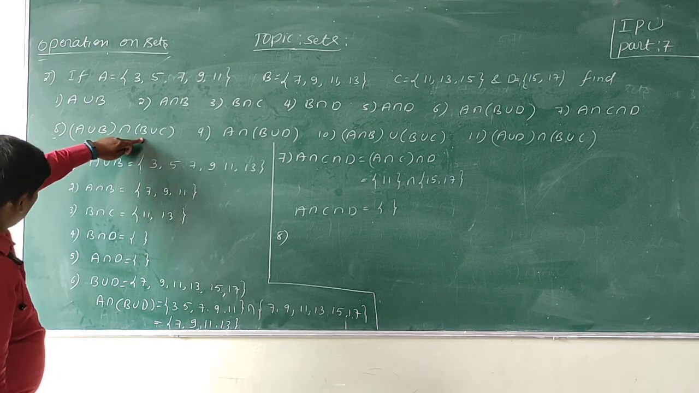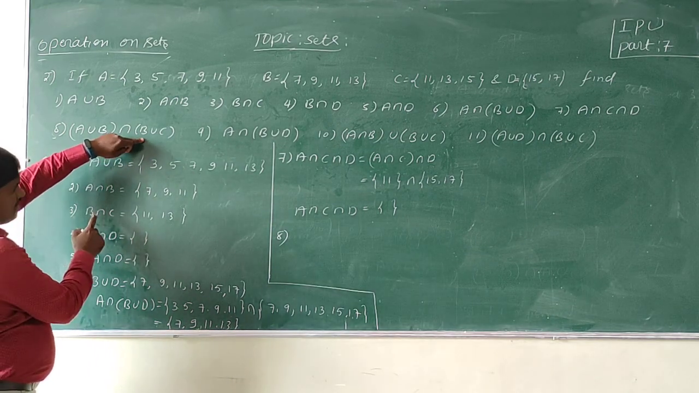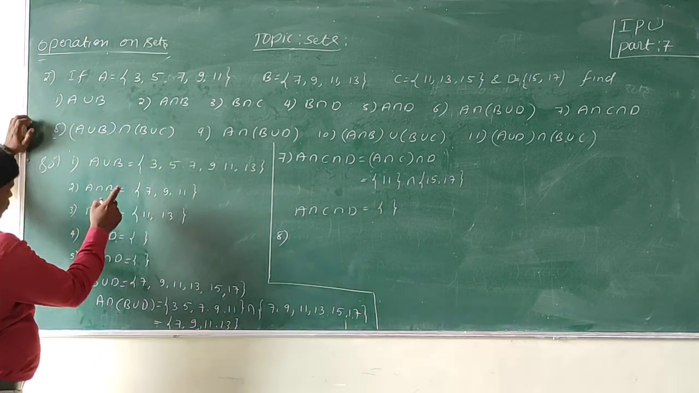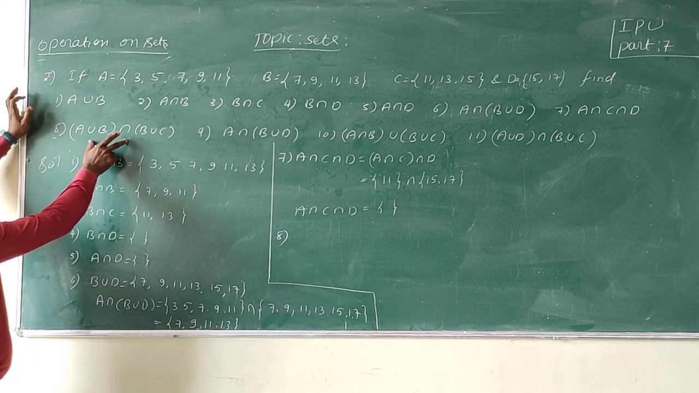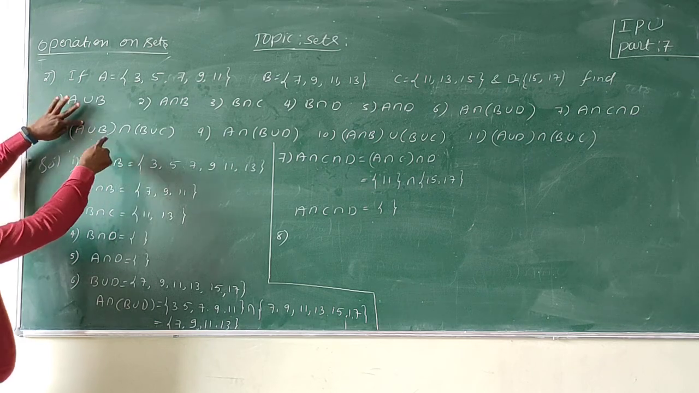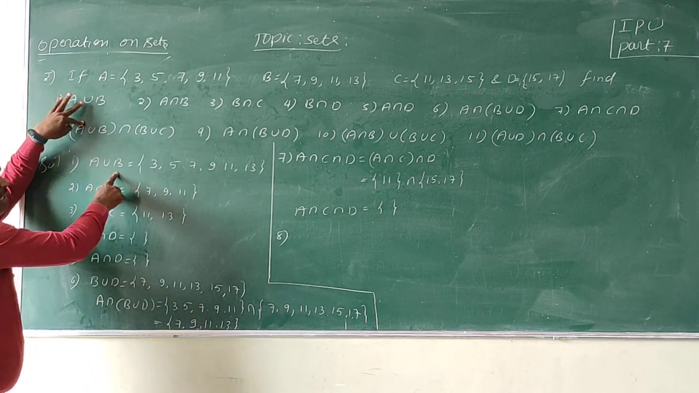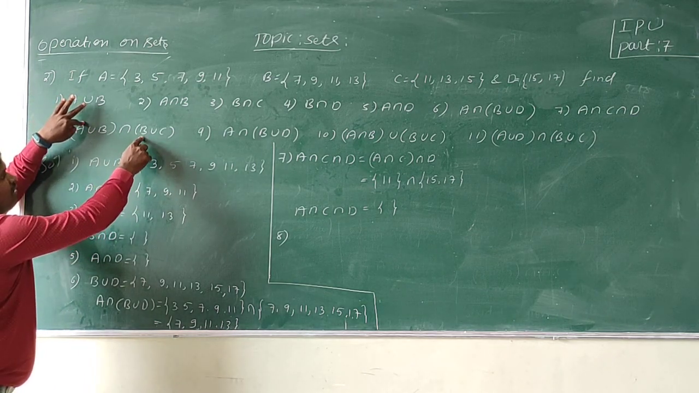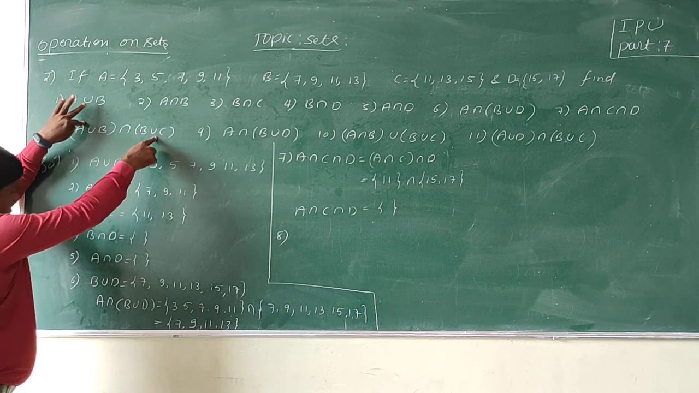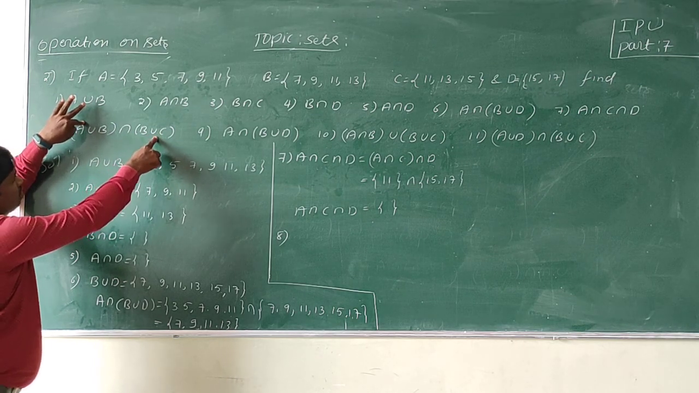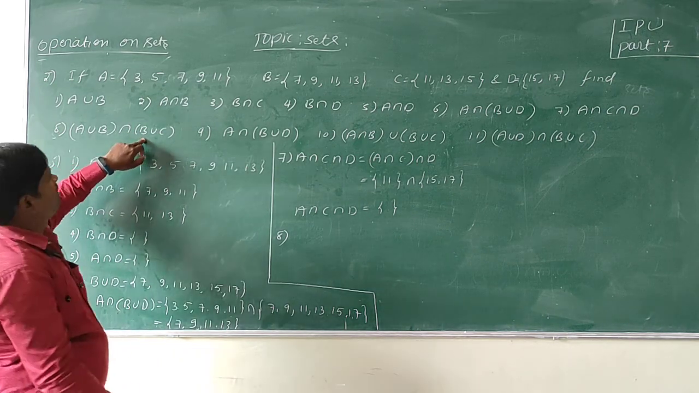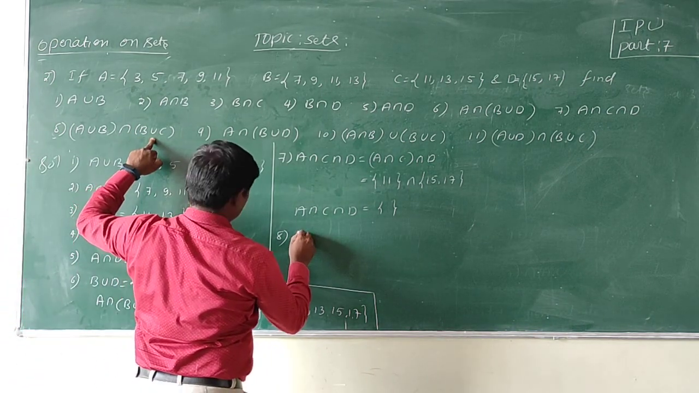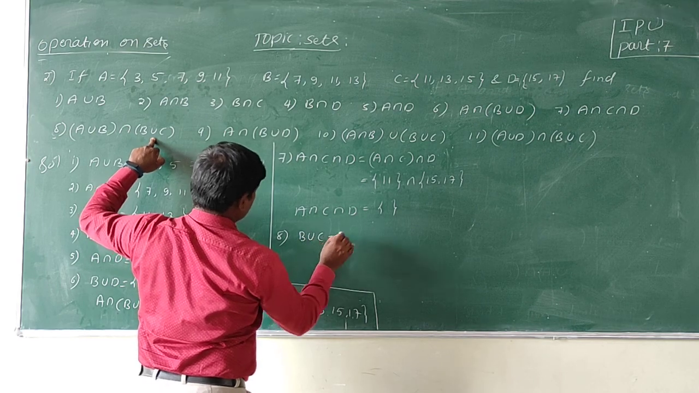Okay, so is there B union C? No. So we need to find B union C. To find this one, first we need to find A union B. A union B is already here. Next we find B union C, but here there is no B union C, so that's why we are going to find it. B union C is nothing but